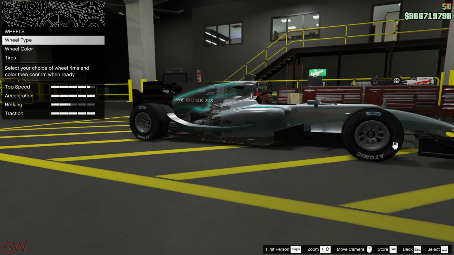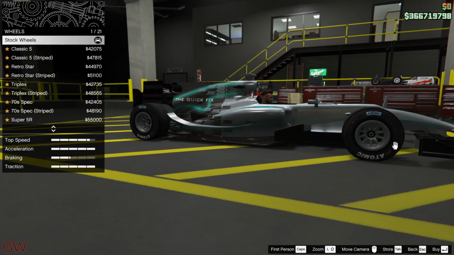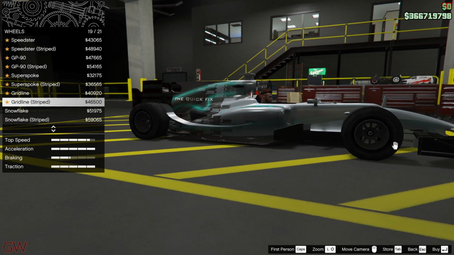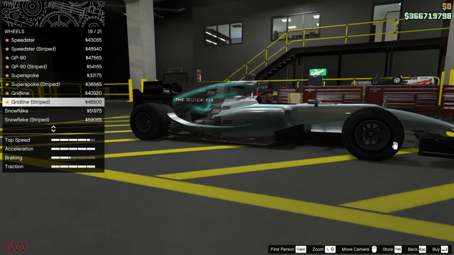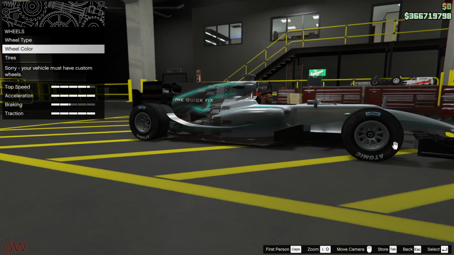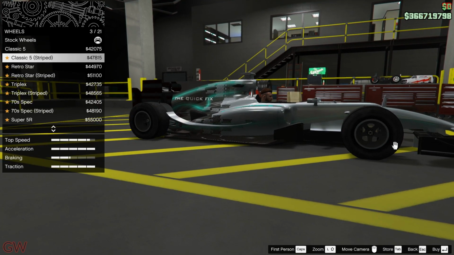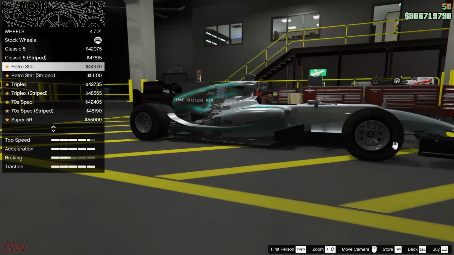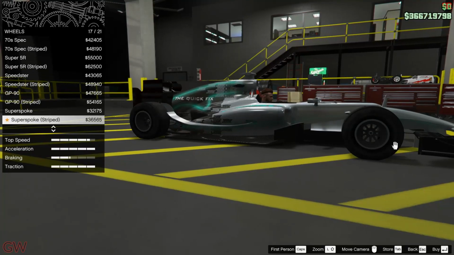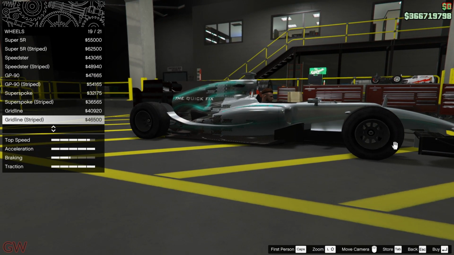I think I actually saw a similar one in the game earlier on, so we'll go try to get that one. Yeah, the grid line kind of suits. Oh, the stock wheels, we can't paint the stock wheels, so we have to change that. These are definitely not the ones. Nope, GP90. The super spoke is kind of good looking, but the grid line,